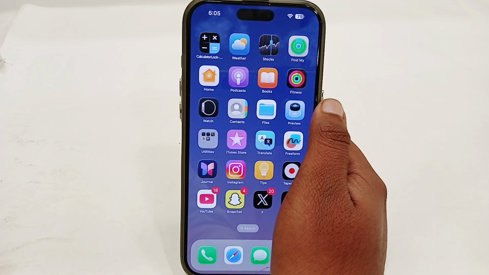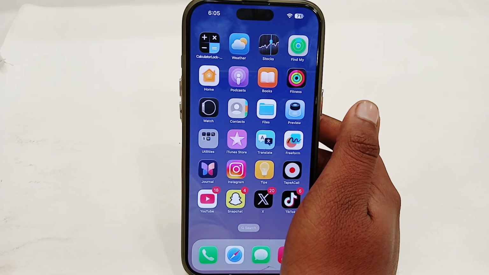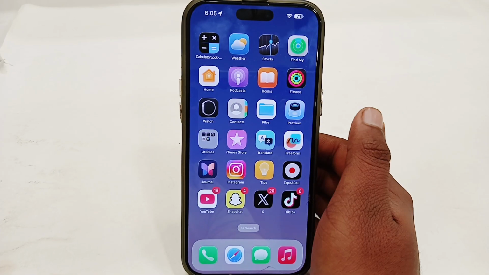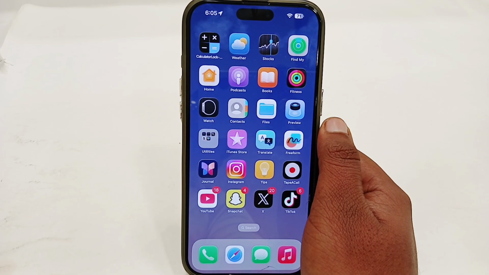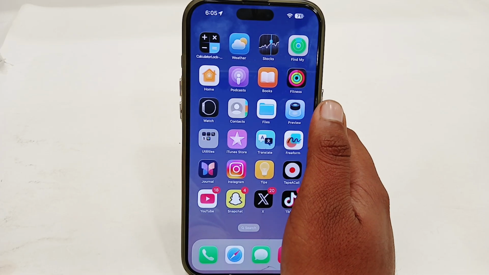Hey guys, today I'm going to tell you how to fix a Snapchat account locked for violating guidelines. If you're using Snapchat and your Snapchat account has been locked, let's see how you can recover it very